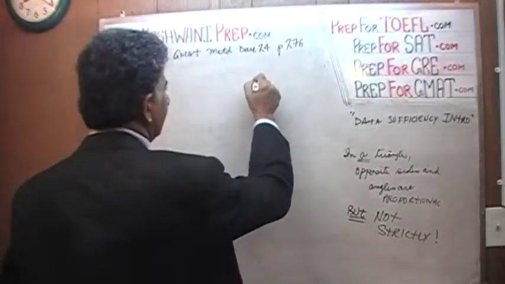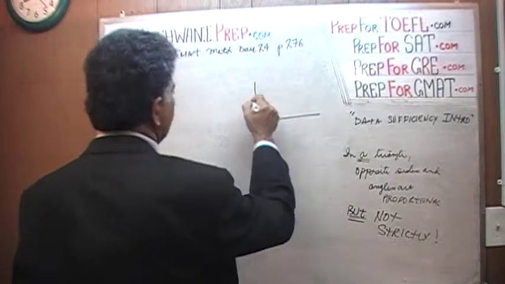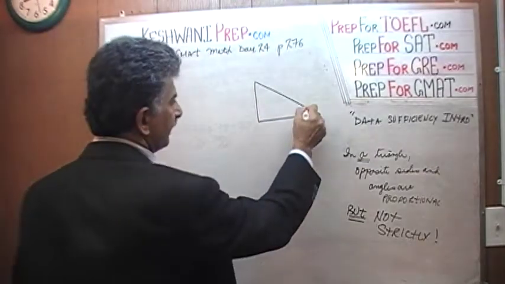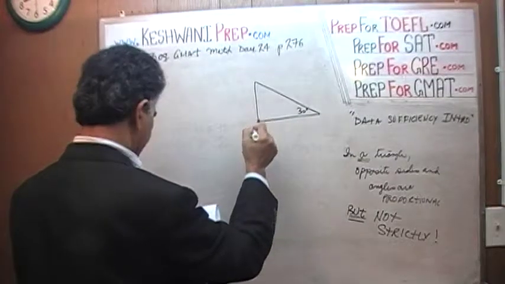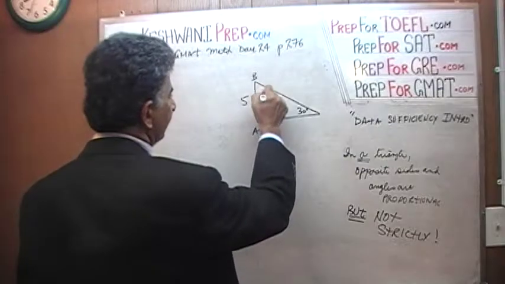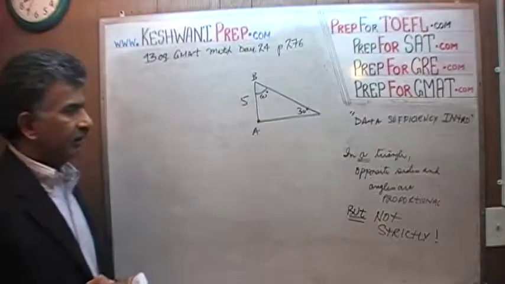For example, if somebody gives you an angle here, they tell you that this is 30 degrees, this is 30 degrees, and they tell you that, let's call it, A to B is 5. And they tell you that this is 60 degrees. If angle B is 60 degrees,